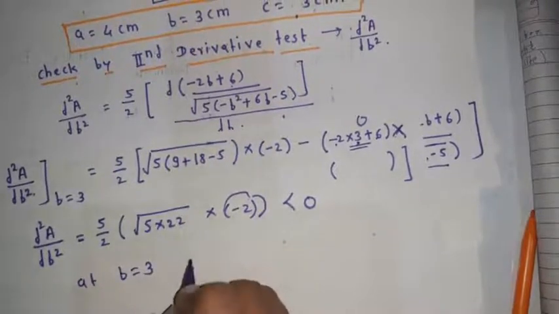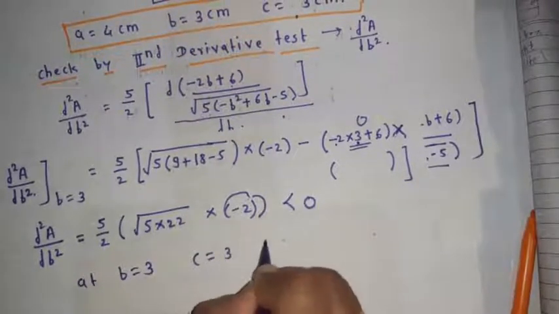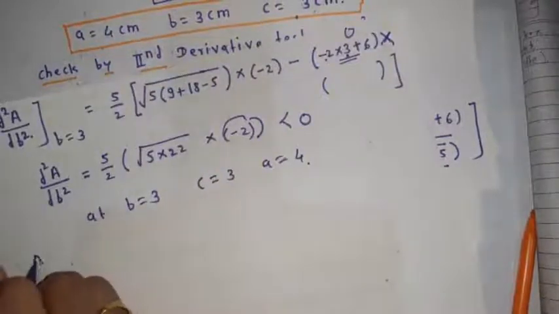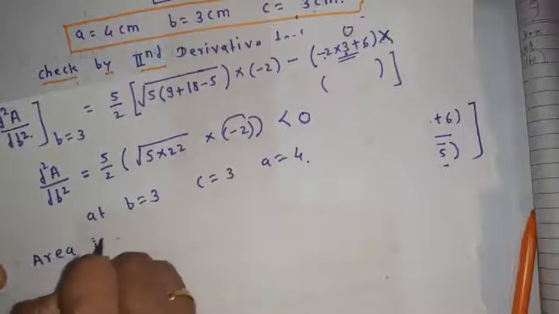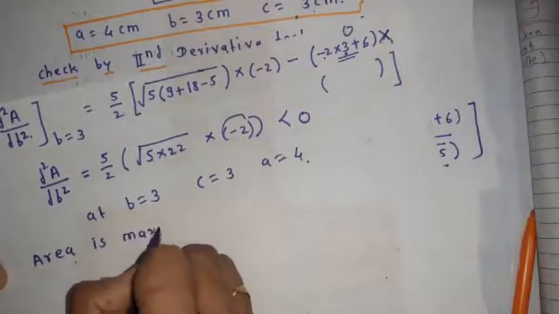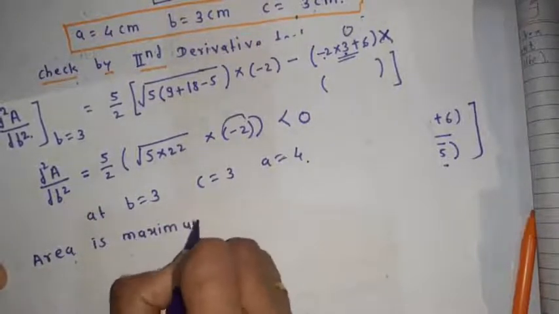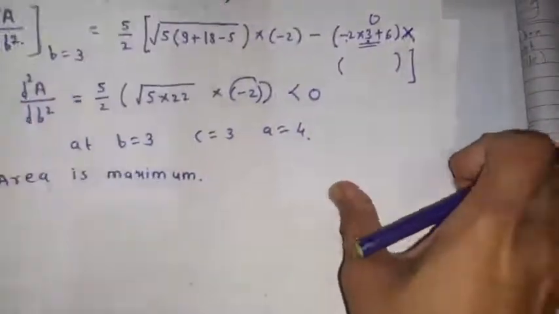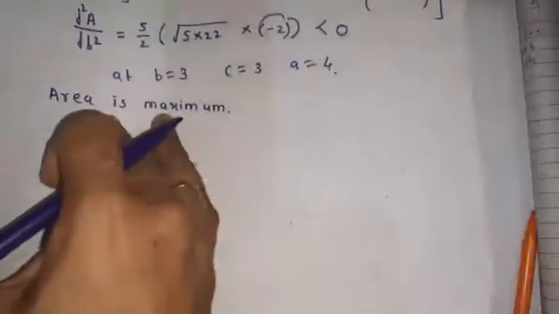At b equal to 3, c equal to 3, and a equal to 4, hence area is maximum. Students, this is the one problem. The problem is vast because we have to apply the two conditions here, and that's why the problem is vast. Okay students, now the next problem is